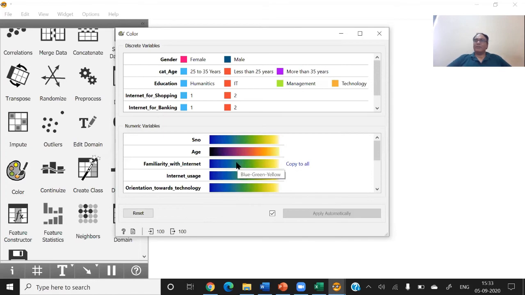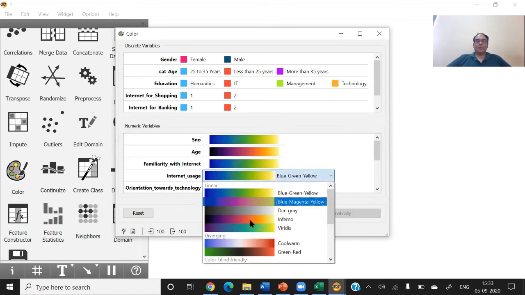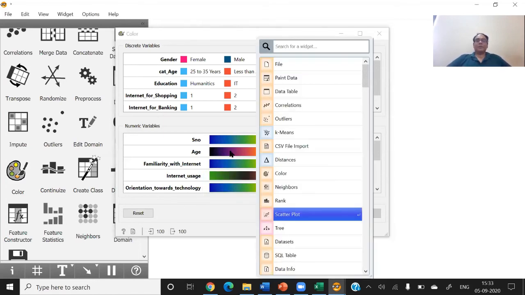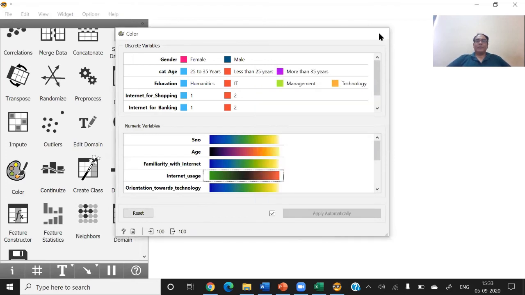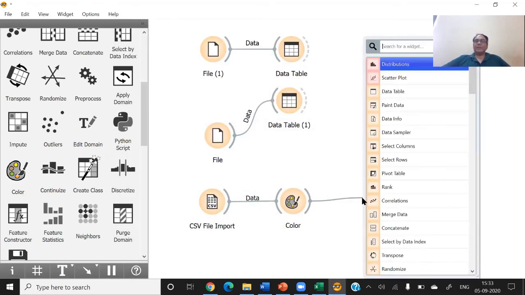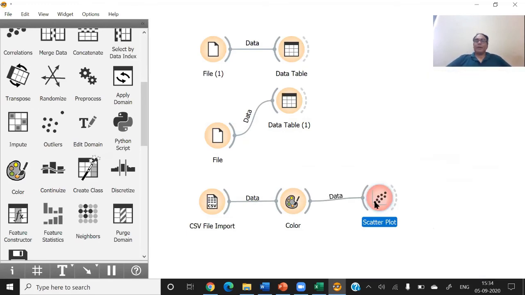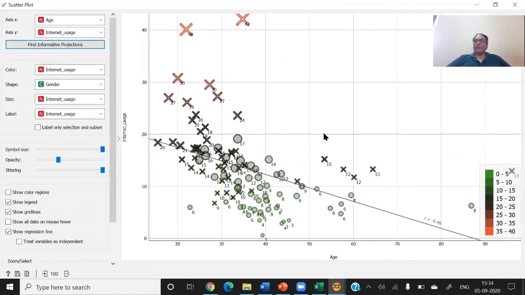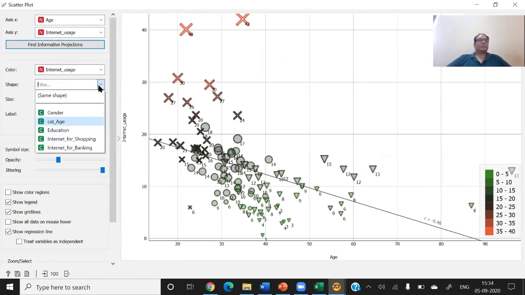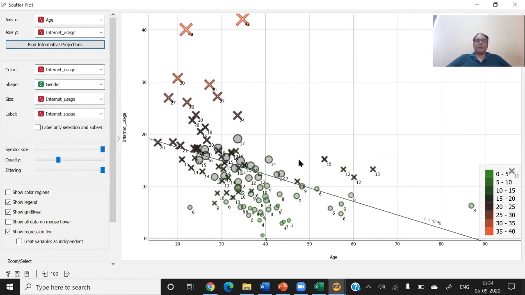Let me check this option. After that, if you want to make a plot, you can see your favorite colors, scatter plot. And now if I want to use the age, size, gender, colors are not coming.